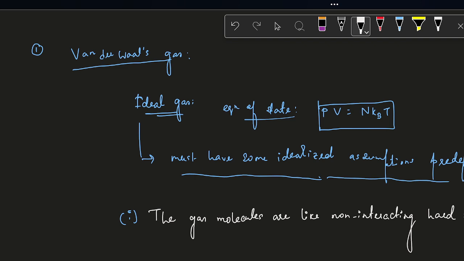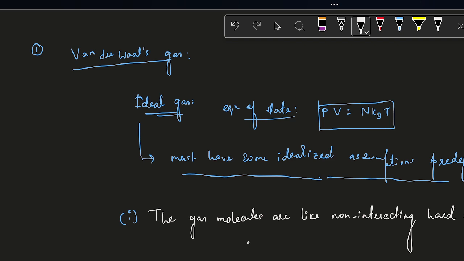So you can look this up in kinetic theory of gases from any book or the internet, and you will get the total set of assumptions that are made for a gas to be an ideal gas. But the one I am talking about is that it is already assumed that the ideal gas molecules have no interaction between them, like these hard spheres. These spheres are moving randomly in a container in which the gas is kept, let's say, and the only